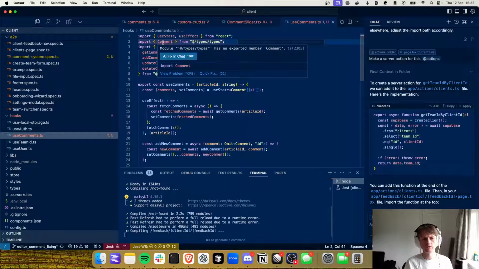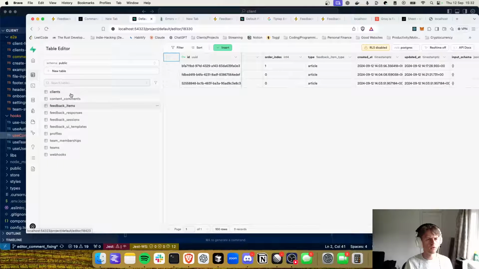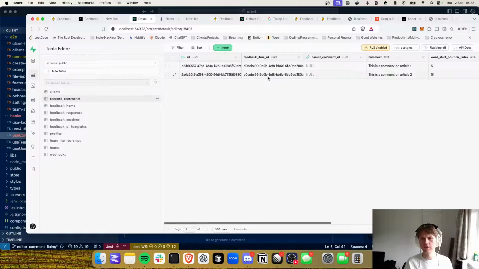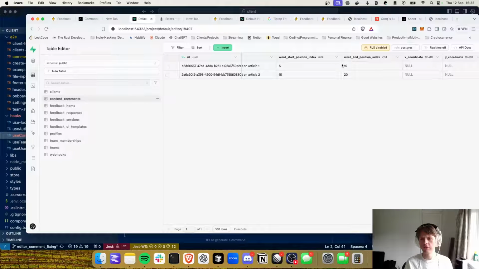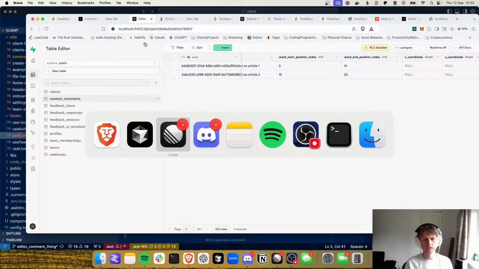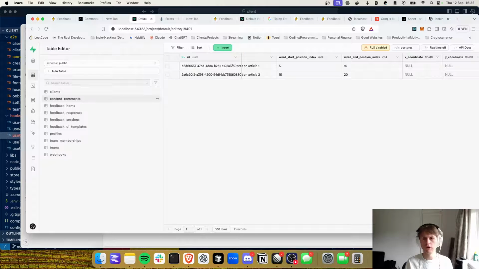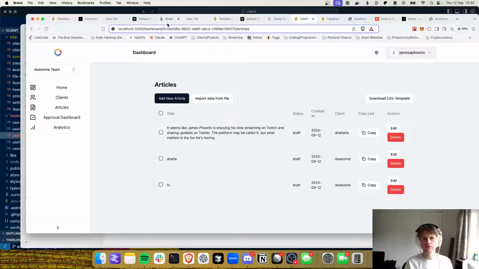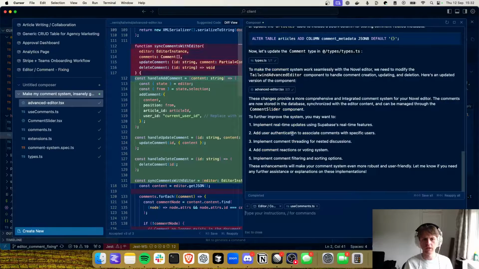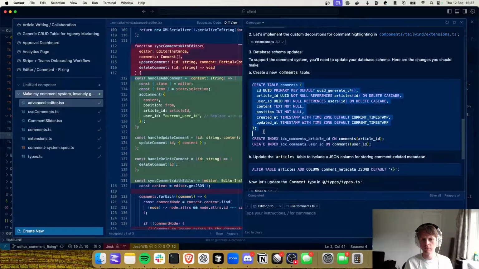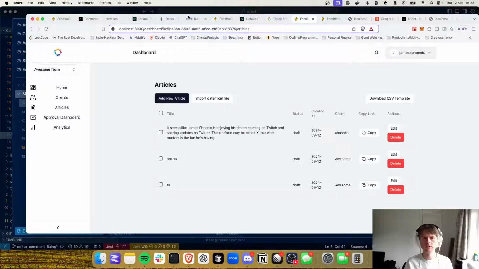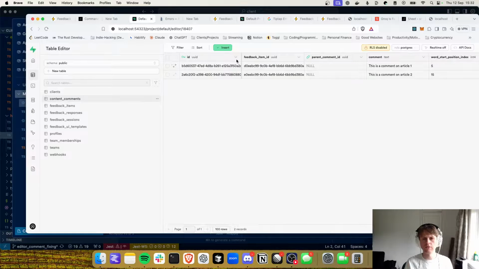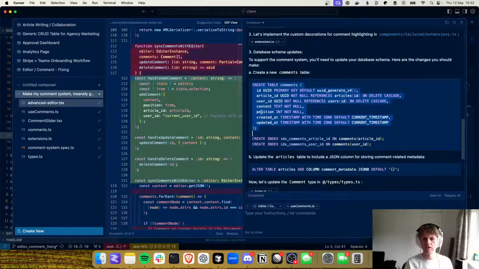Comment types. So what do we have for our comments? Because I think content comments. Oh, so it's content comments, and we need to change it. So instead of this, we need a different data structure for Novel, which is, let's just have a look. That different data structure is in our composer tab. So if I go back to there, we just need this table structure. We'll just have a look and just see feedback item ID. I think if we keep everything as it is, but we then say,